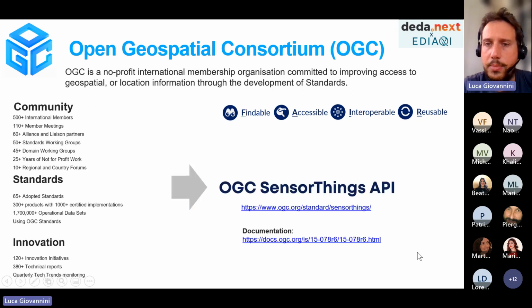And second important thing is that you can have access through the official website of OGC to a more detailed description of the standard, and more importantly to the document that describes the standard in detail, from which I have taken some extracts and that we will discuss now.